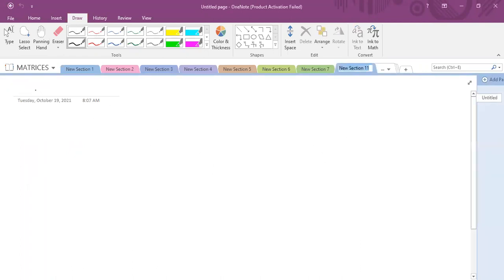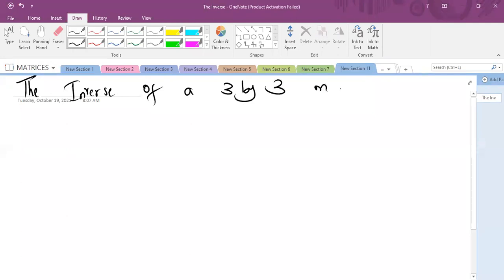Okay, so the inverse of a 3 by 3 matrix, if we are looking for A inverse is given by